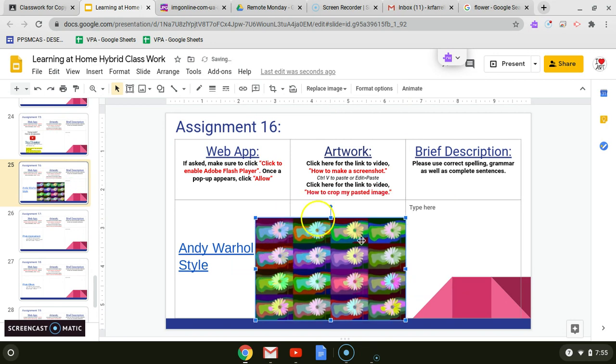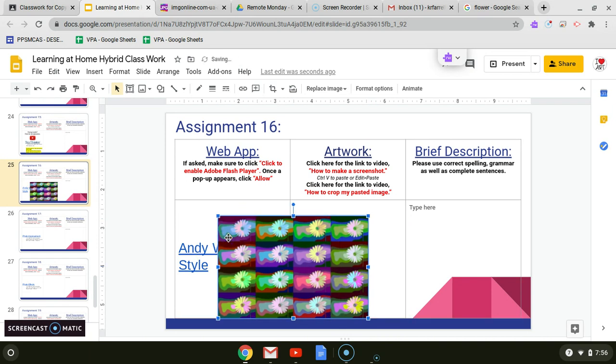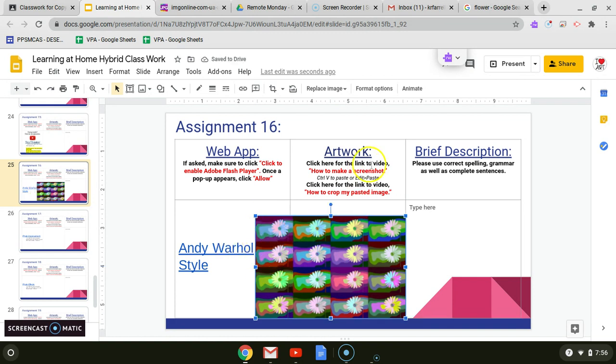And again, remember, I don't mind if you want your artwork to be a little bit larger as long as it isn't covering up, right? It still needs to look neat and clean. So if it's like this, that's not going to look good. But I don't mind if you want your artwork to be on the larger sides and it doesn't fit perfectly within this center column. And then over here, you can type what you liked about that website, or the process that you went through, or maybe you decided to search Andy Warhol, the artist, now that you know who he is, to better see other work that he's created. And all of that could be typed over here underneath the